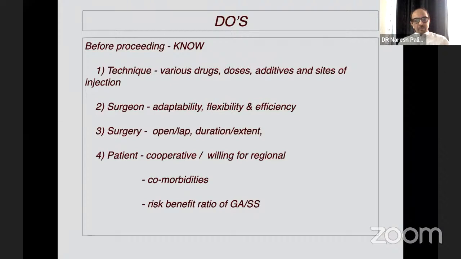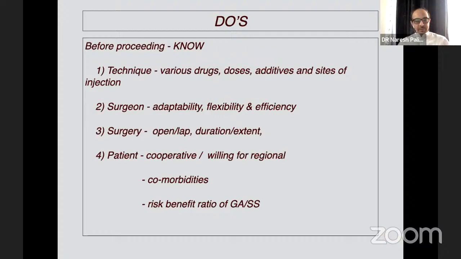And you should know about the surgery, whether it is open or laparoscopic, what will be the likely duration of your surgery, what the extent of your surgery will be. Suppose the surgeon says it will be just an internal appendicectomy, and if you palpate the abdomen, you find that there is guarding and rigidity, and it's likely to be a perforated appendix. So you need to change your dose accordingly,